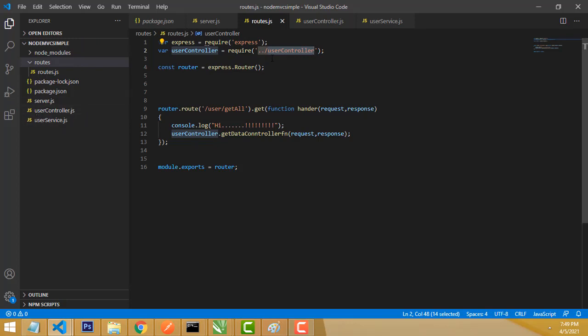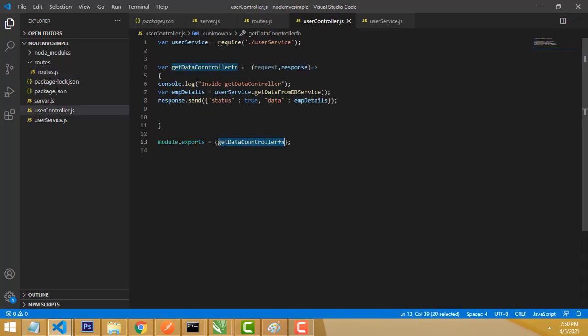So now what I am going to do is, in the route, when you are calling the request, it's getting the get all function. I am explaining again so you can understand from the beginning. Okay, so now when the routes request the user get data, what happens is, first we have to call into the controller, I need the data of this. So it goes to the request and response, we give the request, so it comes here.